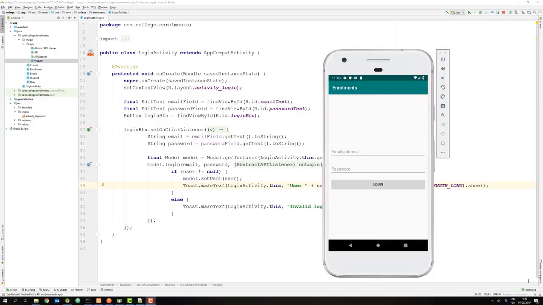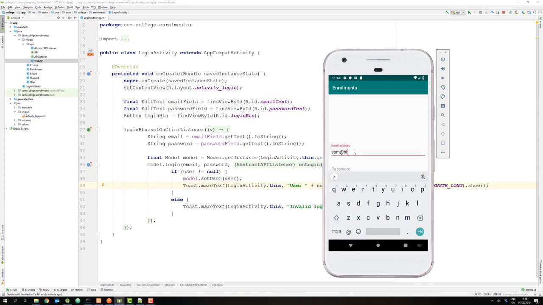Hi, in this movie I want to build on the Android application we created in the previous movie. The application that we are starting with here presents the user with a login screen, and when the user enters their email address and password, those details are sent over to a REST API for verification. When the response comes back, a toast will be displayed on the screen indicating whether or not the user has logged in successfully. So if I just demonstrate this,